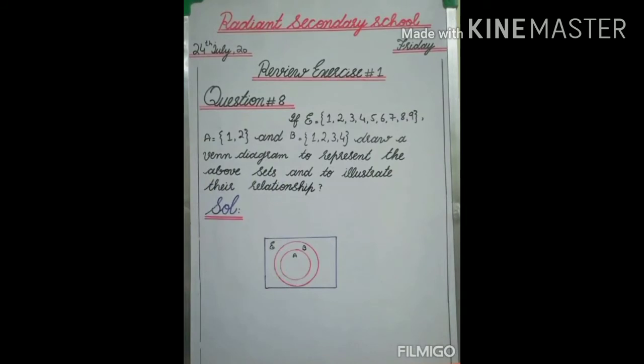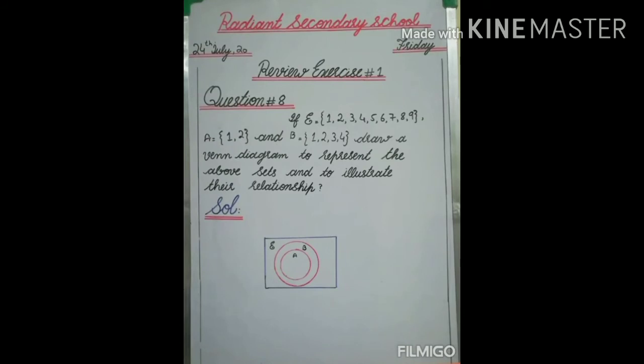So to draw a Venn diagram, first we have to decide whether we will draw the overlapping sets, disjoint sets or subsets. For that purpose we have to check both the sets. Students, you can see all the elements of set A are present in set B. So these sets are not overlapping, because overlapping means that two sets are having some common and some uncommon elements. But you can see there are no uncommon elements of set A. That's why this is not the case of overlapping.